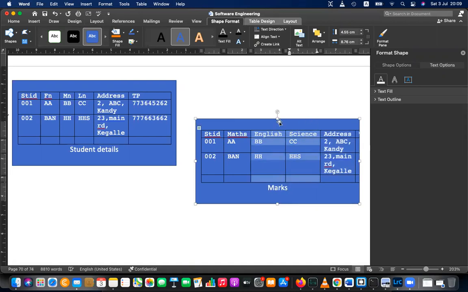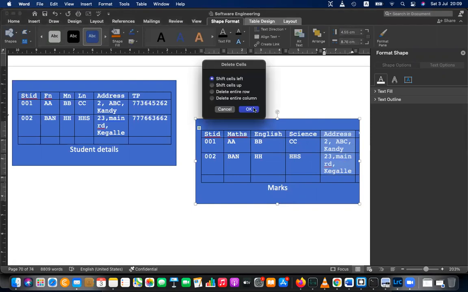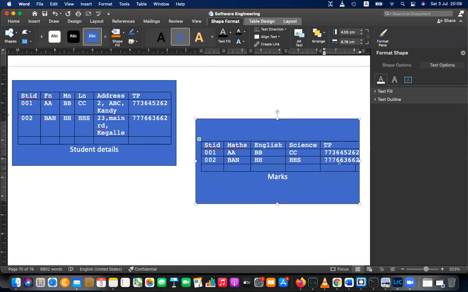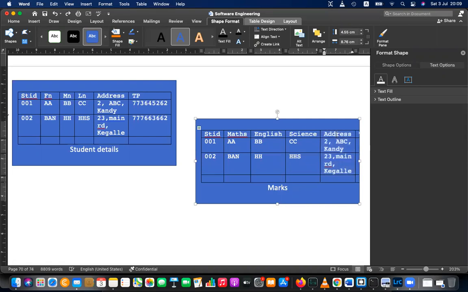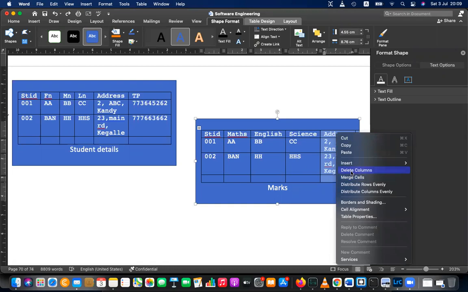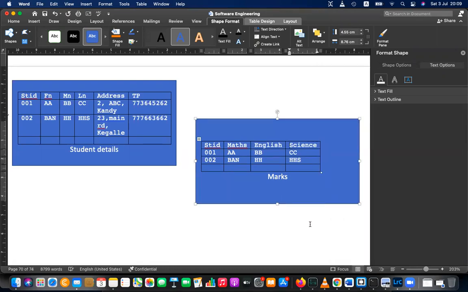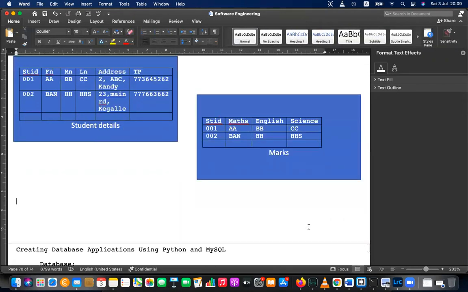That is a separate, maybe Excel file, another separate Excel file. Sorry, I have to delete the entire set, delete columns. Okay, done. Now the marks.